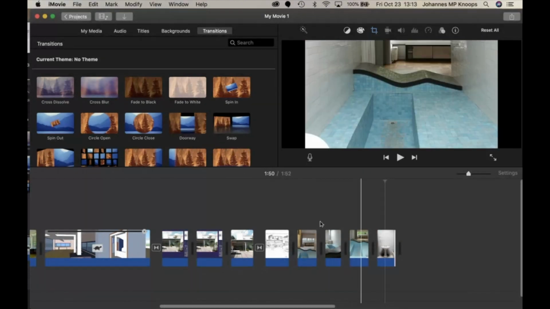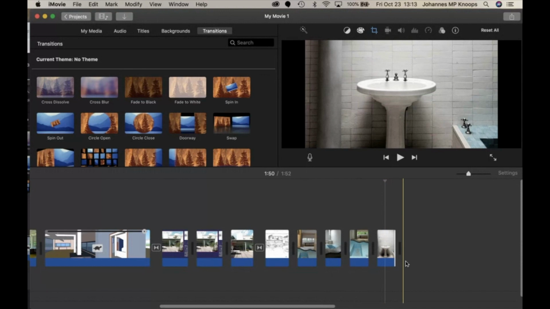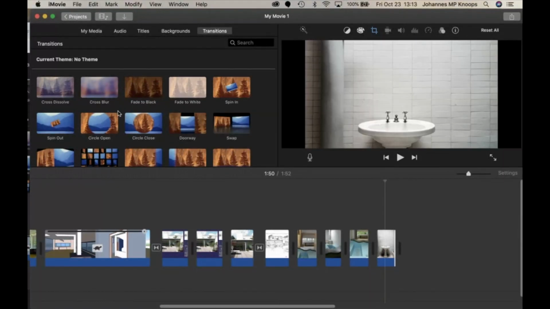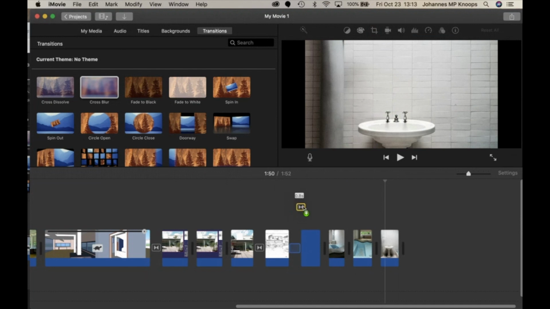Okay. Now we're going to move from one image to the next. Rather than jumping, let's use that cross blur. Let's do cross blur. You don't want every transition to be different, but